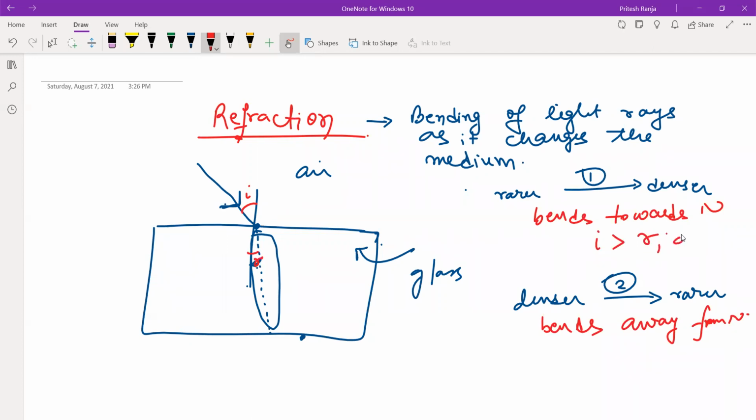So there is angle of deviation. Remember one thing, what is angle of deviation? This is the angle between the original direction and the real direction. So this was the original direction of the ray of light. But what happened? Ray bent by some angle. This is called as angle of deviation. So here angle of deviation can be found using I minus R. That's the angle of deviation at this first surface.